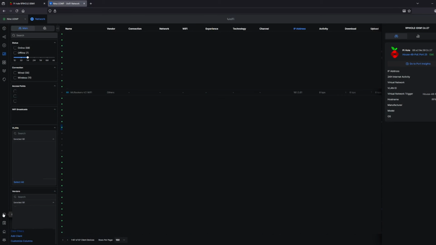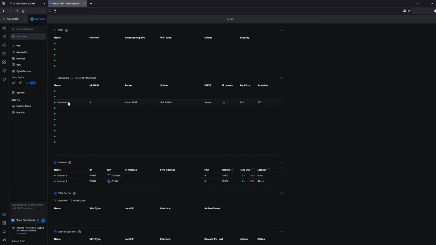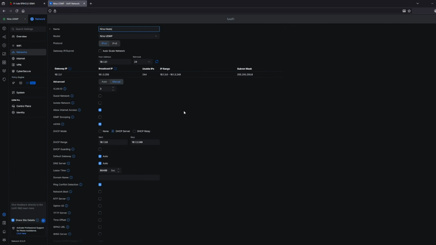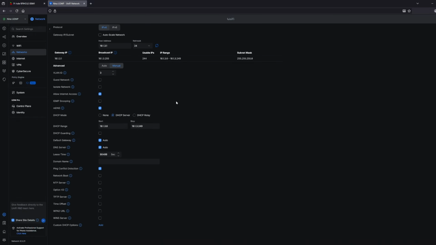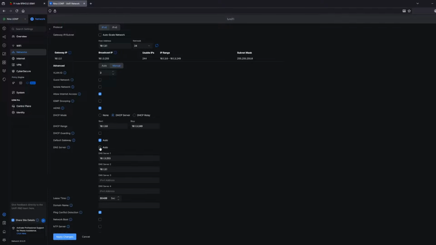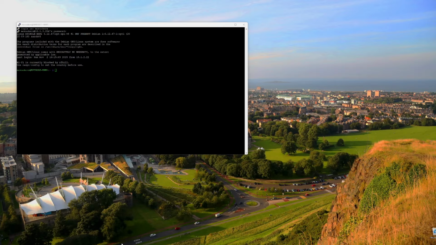So now that we've got our device set up with a static IP address, we need to go into our router and tell the router to forward all DNS requests to this device. So what we'll do now is we'll go into settings. I'll go to the network range that I am on. Now you will probably only have one network range, and if you locate where your DNS server settings are, mine's are down here and it's currently set to auto. Now we'll uncheck that and then we'll set it to 10.1.3.254, which is the IP address our device is. We'll apply that change,